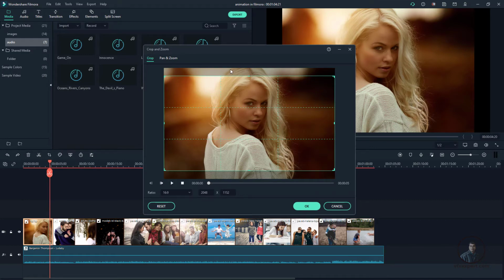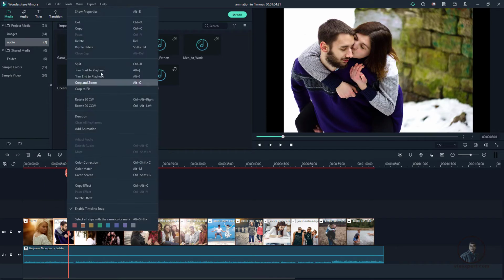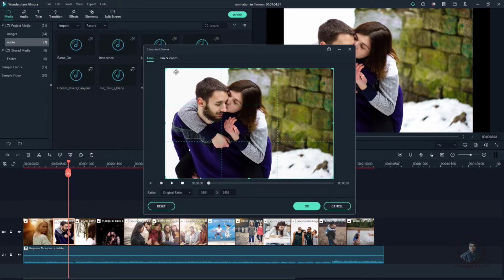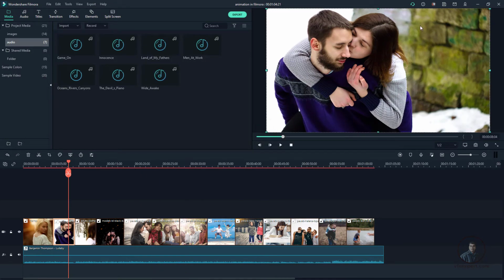But here I want this one also, so you can adjust this box like this. Now press OK. So now you can see. So if you want, you can fit your picture like this. Now again see, right click, just crop and zoom, then crop. First select your aspect ratio, which is 16:9, then you can adjust like this. You can also crop like this. So whichever is your requirement, you can crop and simply press OK. So like this you can also crop and fit your pictures according to our frame size.